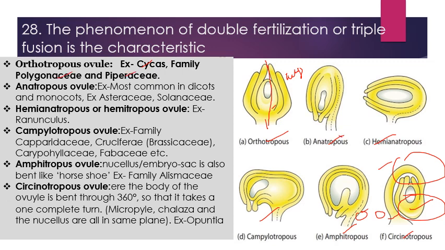axis. The unitegmic orthotropous ovule is found in gymnosperms, like Cycas. Then in angiosperms it is found in Polygonaceae and Piperaceae. Second is the anatropous ovule. Approximately 80% of angiosperms have anatropous ovule. This is the most common ovule, and the examples are dicots and monocots, like Asteraceae and Solanaceae. Then hemianatropous